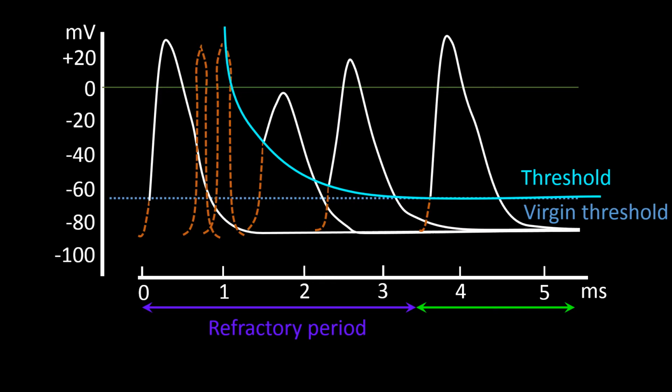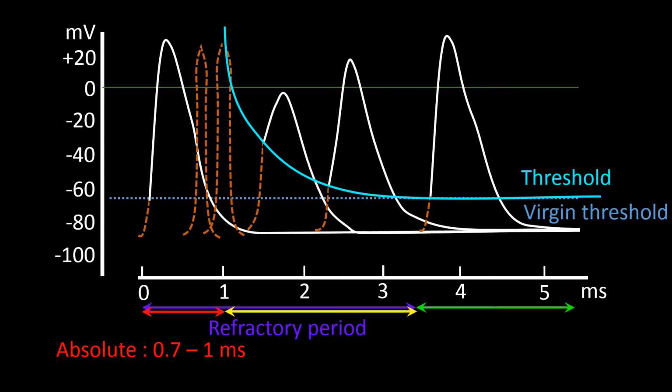The refractory period can be further divided into two segments. The first segment, called the absolute refractory period, in this case lasted about 1 millisecond. During this period, no action potential will be triggered regardless of the intensity of the stimulus. The absolute refractory period is followed by